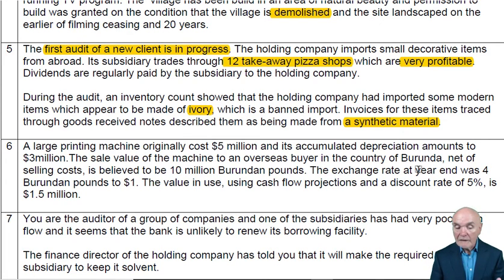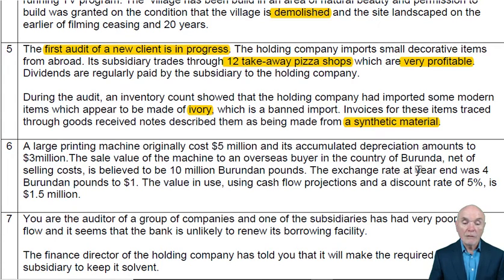We have to see, have contracts been signed? Is it definitely set aside for sale? We're going to look at the board minutes and so on. We shouldn't be depreciating it. If it's set aside for sale, its value in the financial statement should be the lower of the current carrying